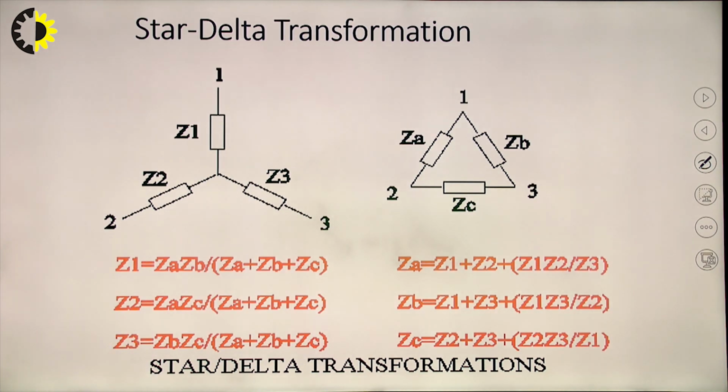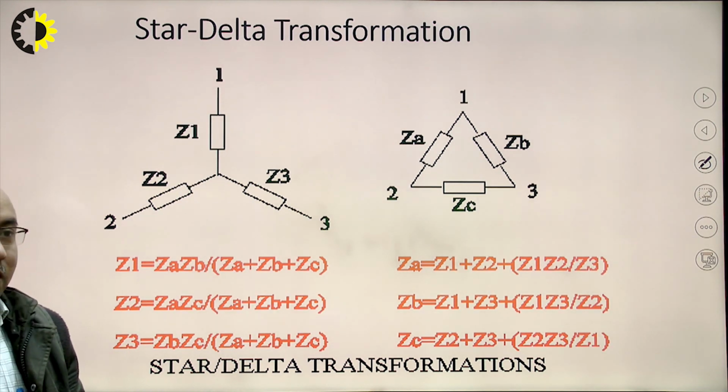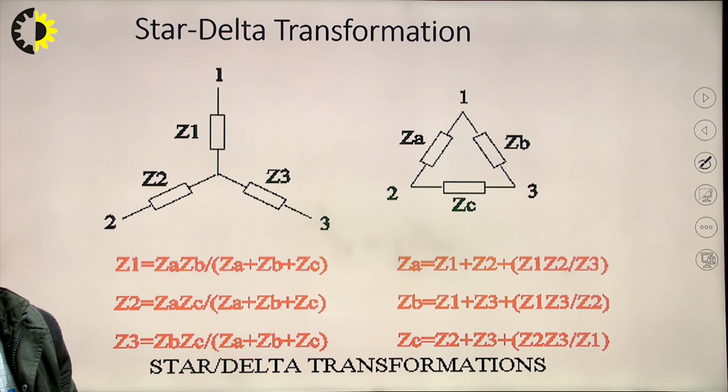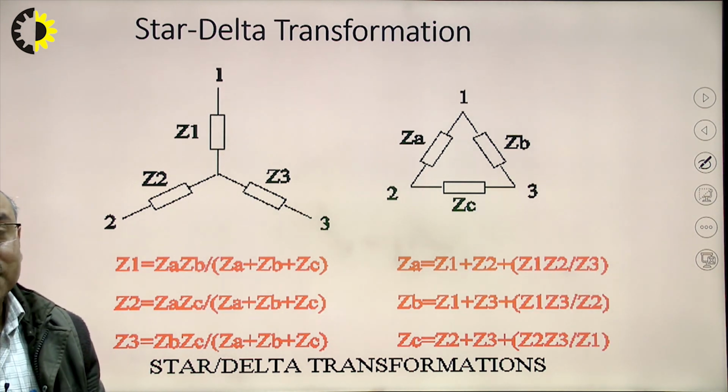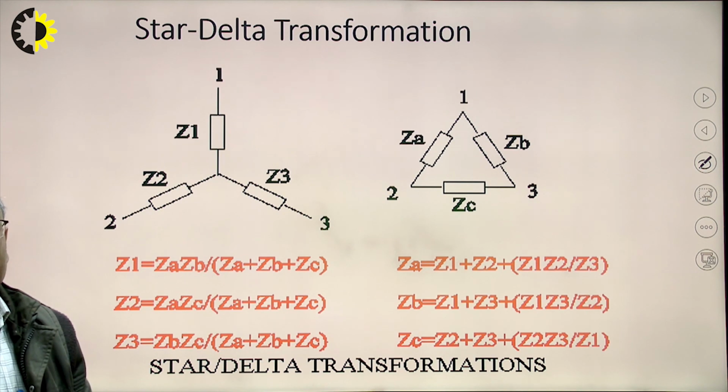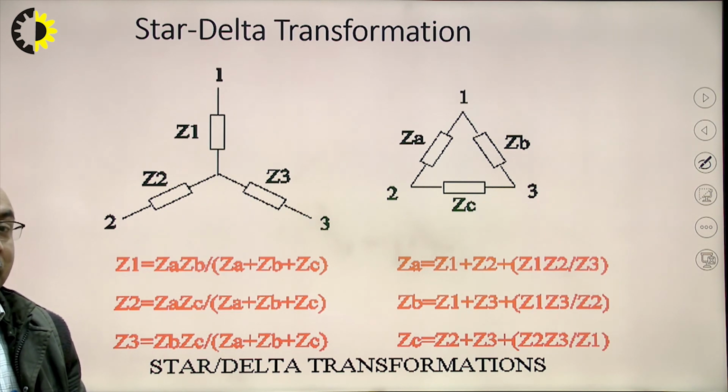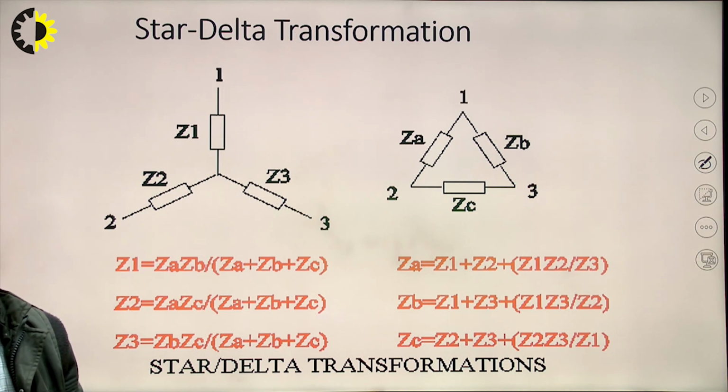And now the question is, why do we convert delta into star or star into delta? The simple answer is, many times we are given a complicated circuit, and it may be possible that some of the elements are connected in star, and if we are able to convert it into the equivalent delta, then the circuit may be simplified. And similarly, the vice versa may also be possible: if some of the elements are connected in delta, and we are able to convert them into the equivalent star, then the circuit will become simplified, and then we will be able to solve the circuit with the help of this conversion. So, that time we use this conversion from star to delta or delta to star.